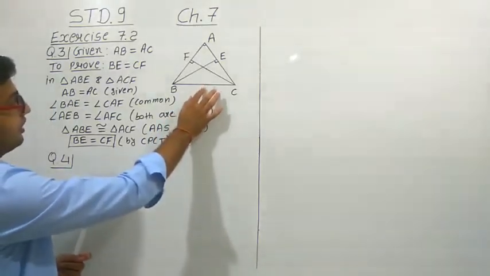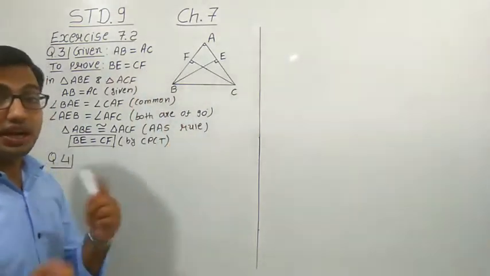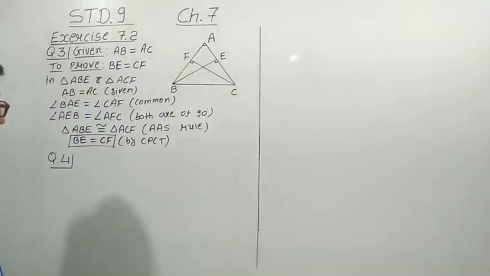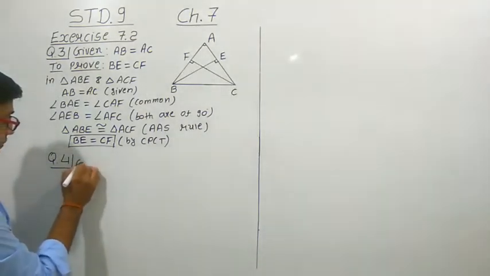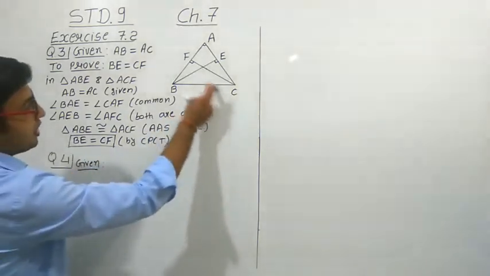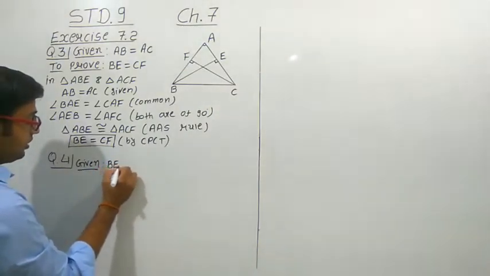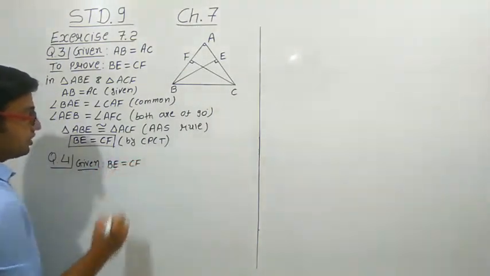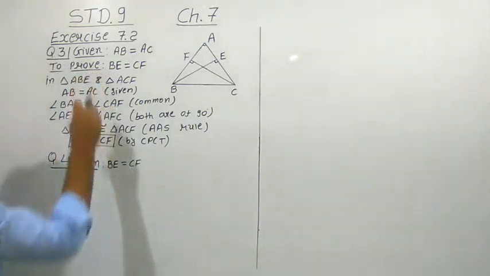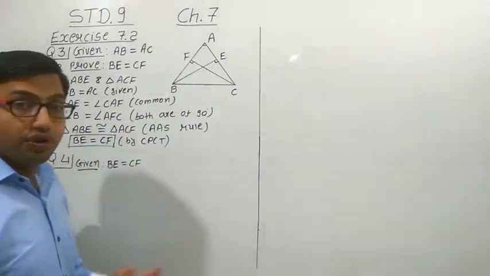ABC is the triangle, but the conditions are changed. Here we have given that AB is equals to AC. Here we have given that ABC is an isosceles triangle, but in this question number 4, we do not have given the ABC is an isosceles triangle. So what we have given? We have given that whatever the altitudes are drawn are that altitudes are equal. That means BE is equals to CF. This condition we have given. Whatever given here in question number 3 is what we have to prove here.